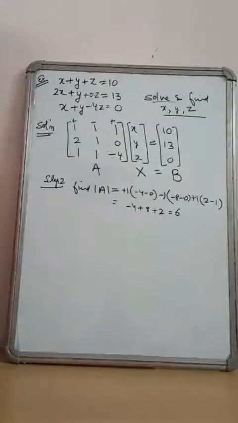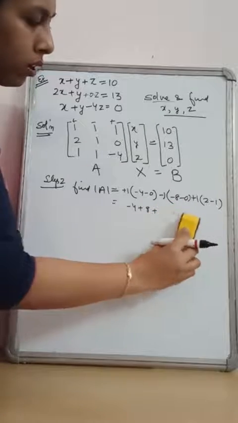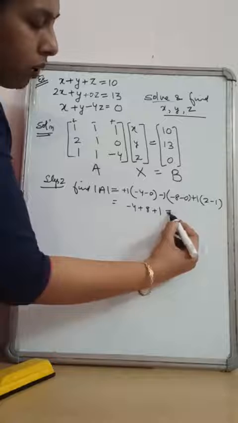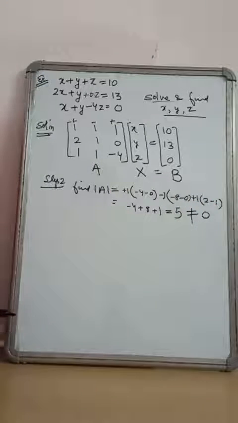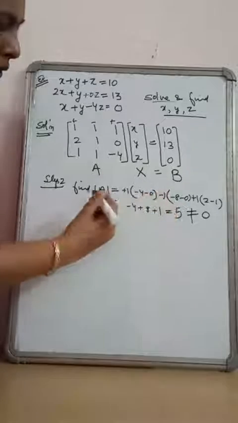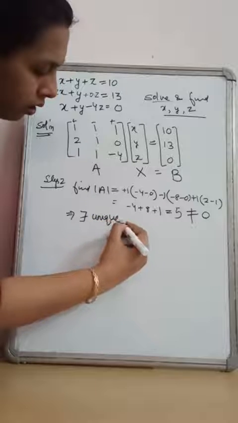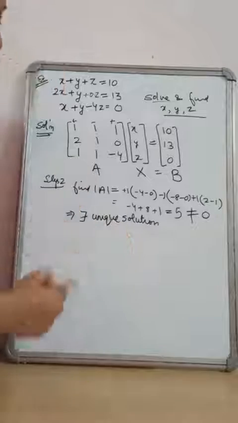Check it carefully if there is any problem to calculate the determinant. No, it is not 2 minus 1. See here, it is 2 minus 1. This is a correction over here. 2 minus 1 is 1. So 9 minus 4, it is equal to 5. Clearly it is non-zero. So I hope determinant is clear to you. So if the determinant is non-zero, it implies there exists unique solution. Fine. Now you will find this solution.